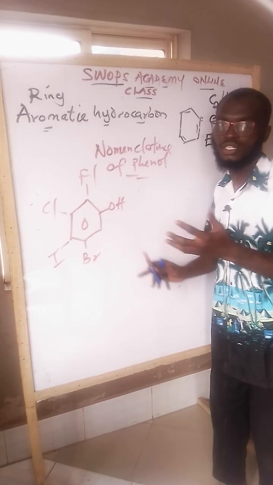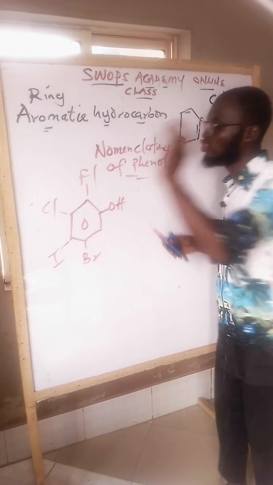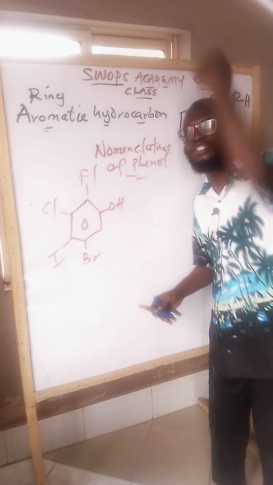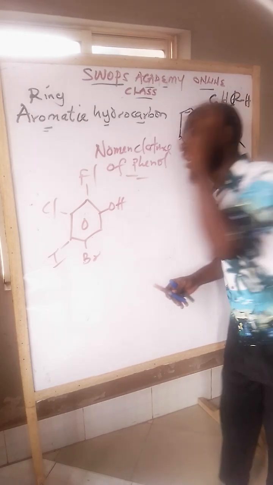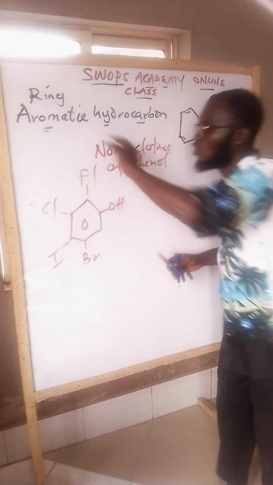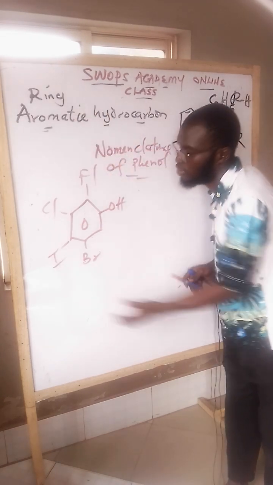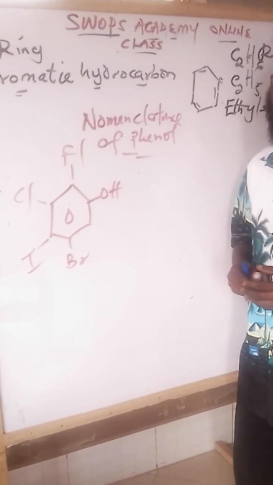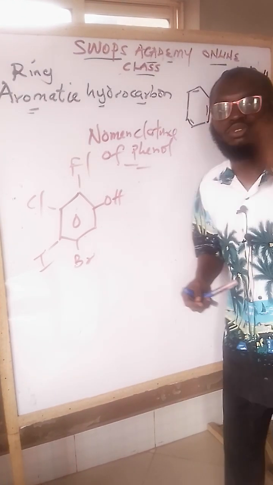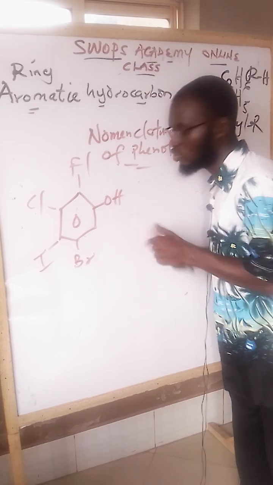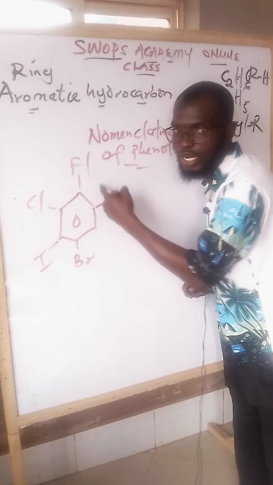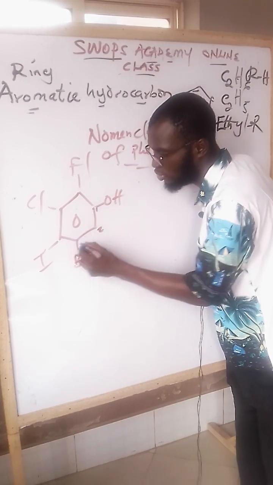These are all substituents, meaning they are the attachments. They are not needed to be there, but they replace the hydrogen that is needed to be there. So in chemistry we call them substituents, branches, or attachments. Are we together? So you start your counting from what makes you know that this is phenol, the OH. So you start your counting from this carbon. I told you that these are invisible carbons. You start your counting from 1, 2, 3, 4,